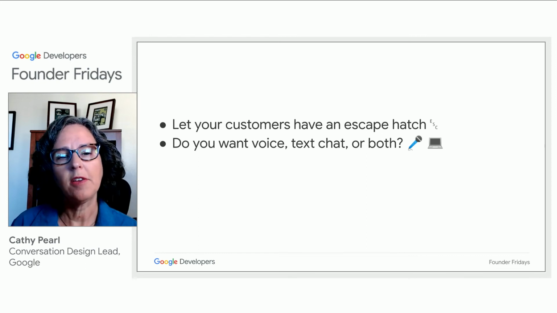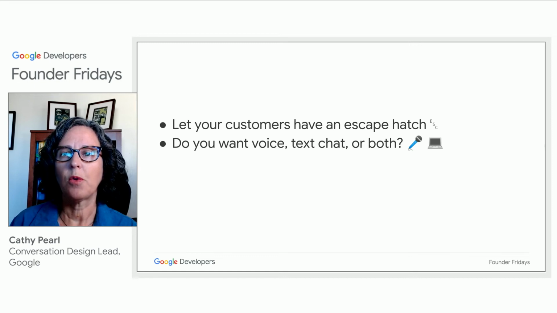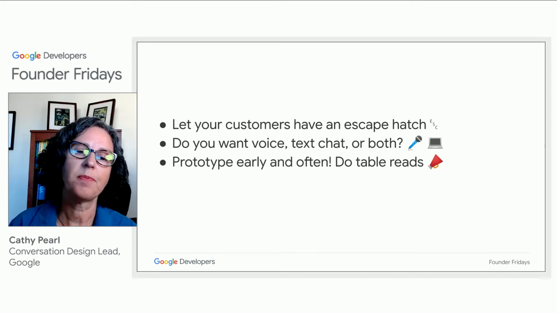Just keep in mind that voice and text are not identical. So if you design a text chatbot, for example, you can't just flip a switch and have it be available by voice. Think about if you are in a chatbot situation on a phone and you have a visual experience, you can do things like, which one of these would you like? And you can have a list or you can have some pictures or something like that. You can't just easily switch that over to voice. So just keep that in mind.